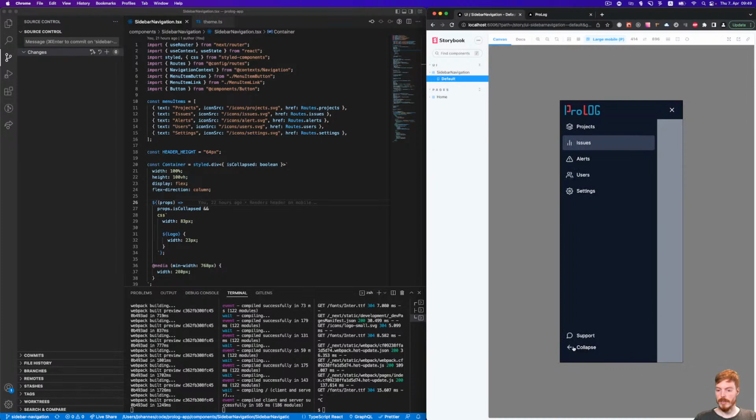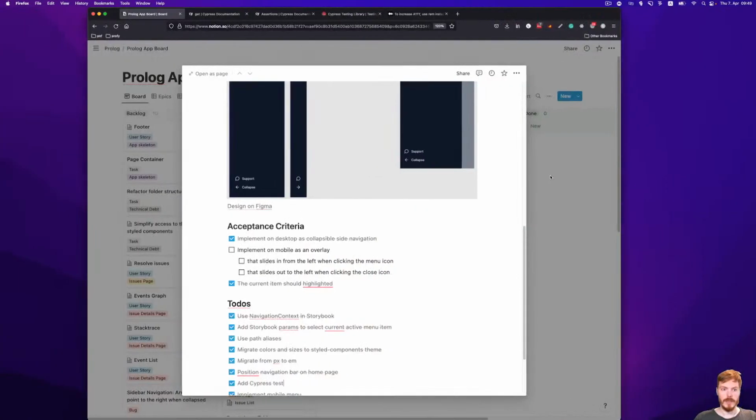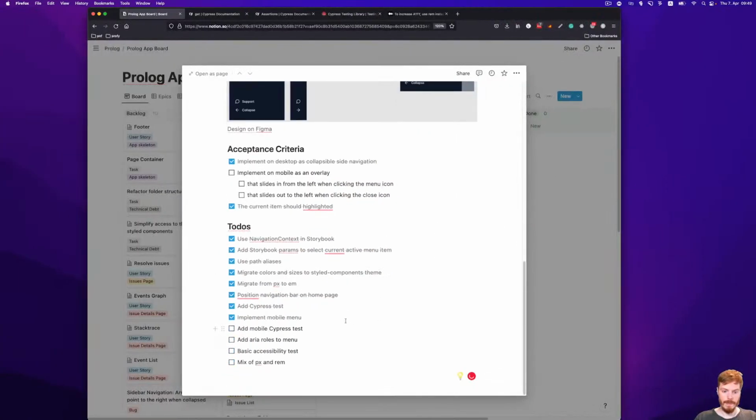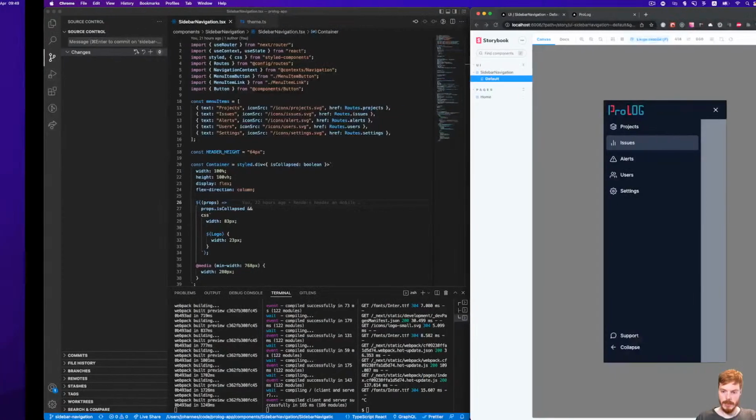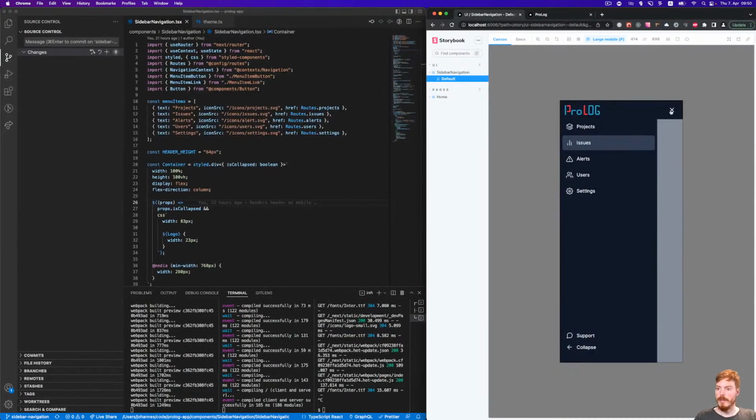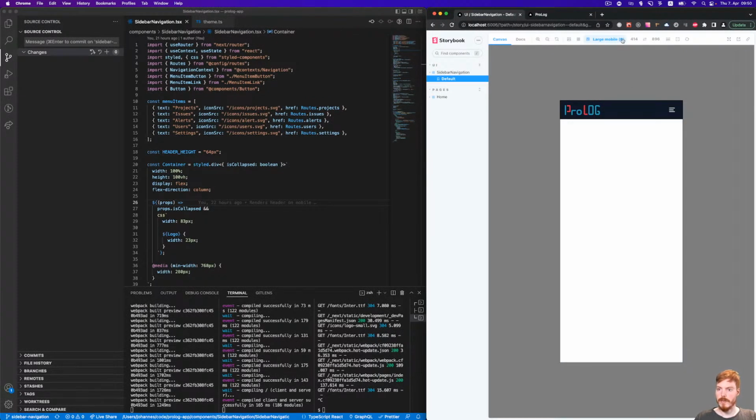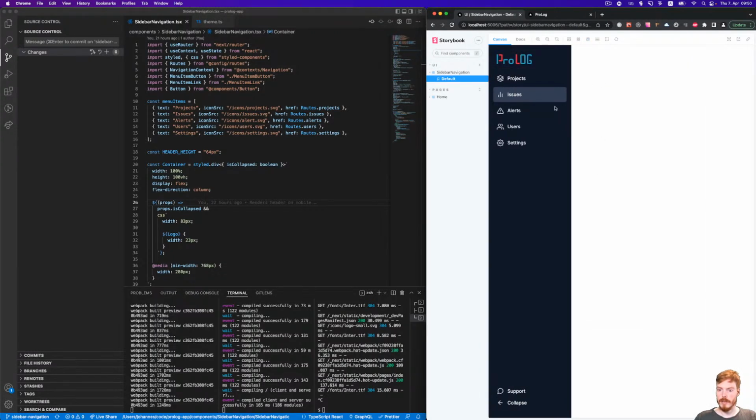I see that we should actually hide this collapse button here. Let me write a quick to-do for this. Hide collapse button on mobile. We don't need that there. So we can, this works fine. Now on desktop, we also have the problem that